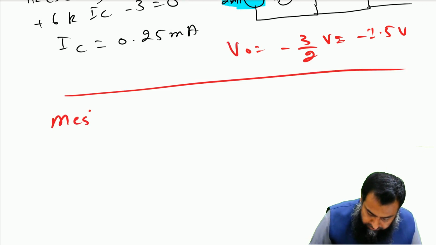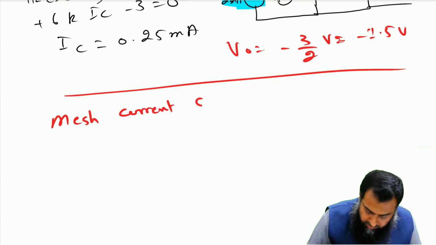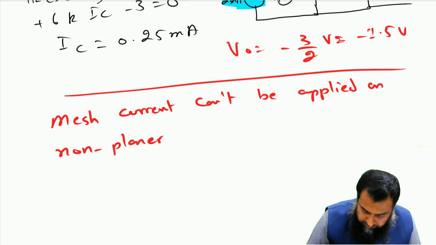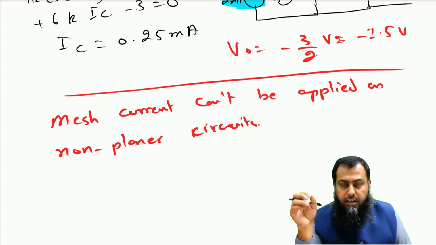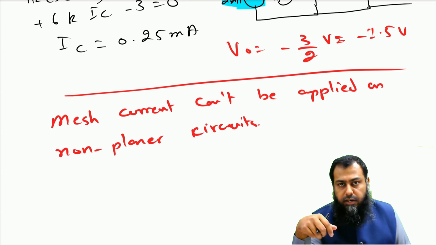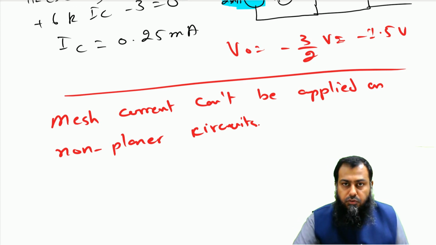The mesh current method cannot be applied on non-planar circuits. So hands down, we have the winner here: the node voltage method is a more potent method compared to the mesh current analysis method. But as far as circuits that are planar are concerned, we always have to see which method gives you the minimum equations to solve that given circuit, and based on that we define which method is useful to solve a given circuit.